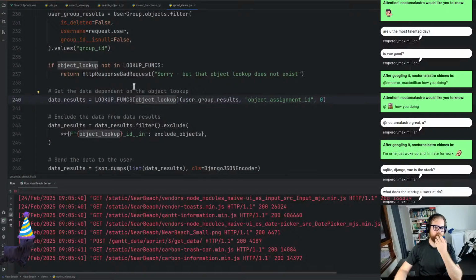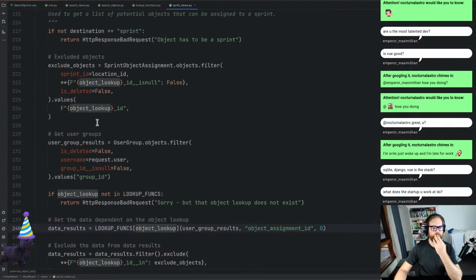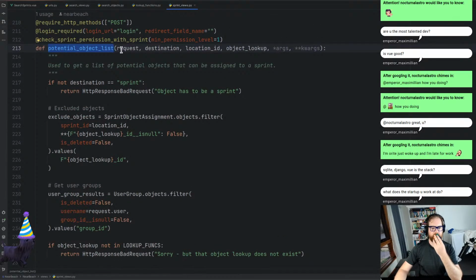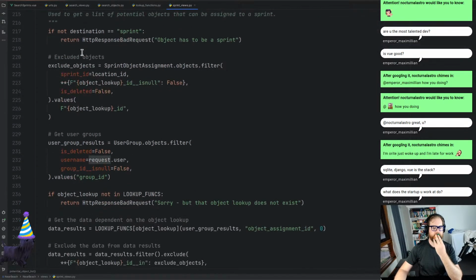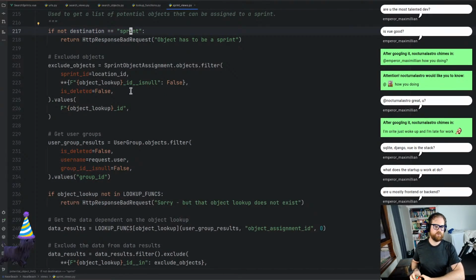Where was I? Here I was. Okay, cool. Not minimizing that. So we've got potential object list. All of this. So if not destination sprint, we go away. And then exclude objects. We've got an exclusion of objects and stuff like that. Now the reason why we couldn't use the search functionality, there was a good reason why. It's because